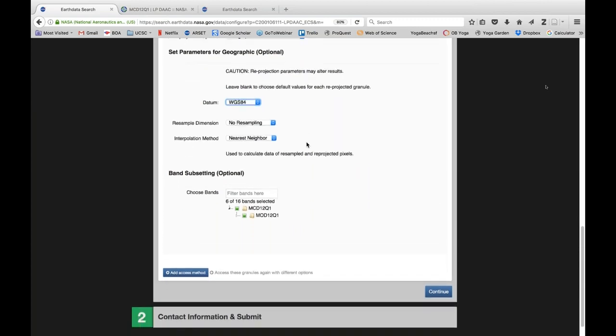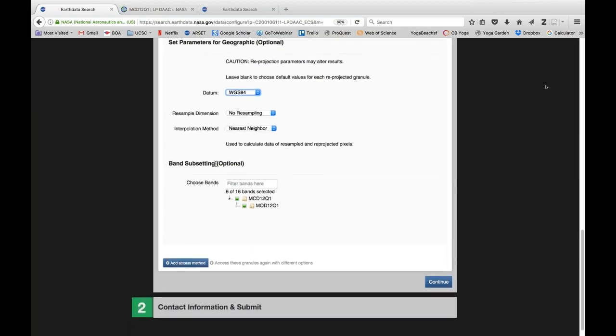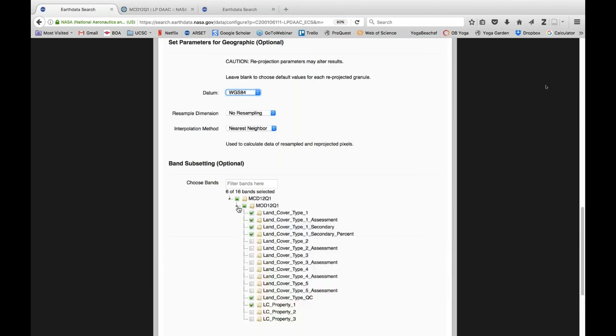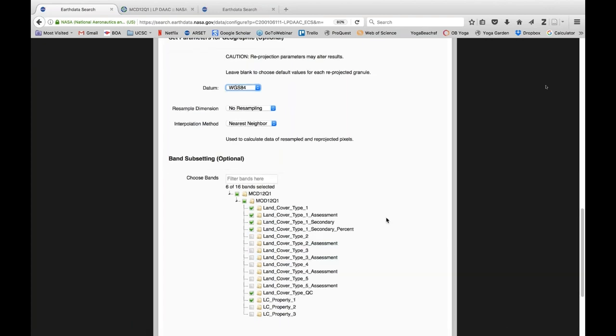Now we can also select specific bands or layers that we want to download in this band subsetting option here. For this example, I'm only going to select classification type 1. So I can use this drop down here to then uncheck all of the layers that I don't want. And we'll just keep the type 1 land cover layers. So then if you scroll down and click on continue,